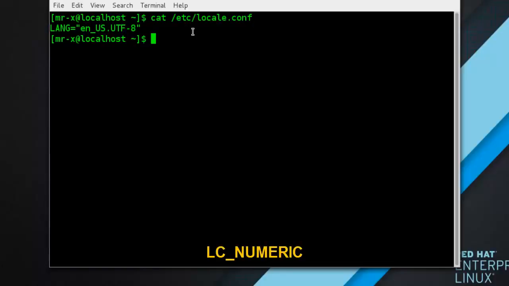LC_NUMERIC describes the way numbers are usually printed, with details such as decimal point versus decimal comma. LC_TIME changes the display of the current time, 24-hour versus 12-hour clock. And the last one is LC_MESSAGES, which determines the locale used for diagnostic messages written to the standard error output.